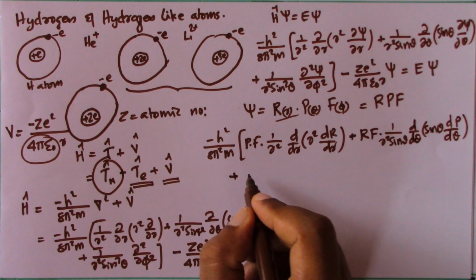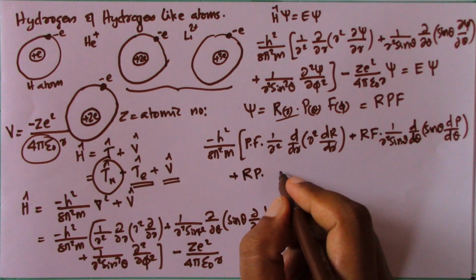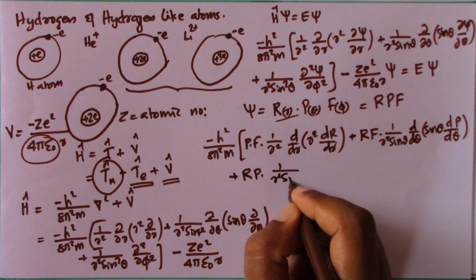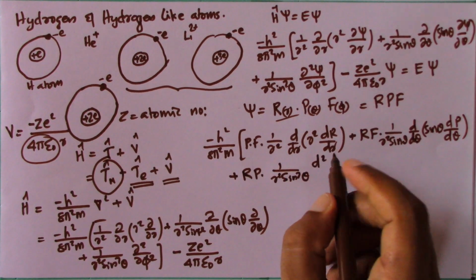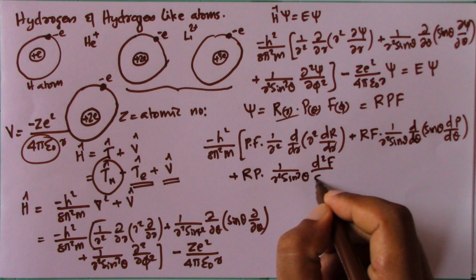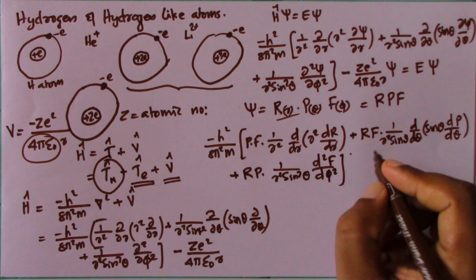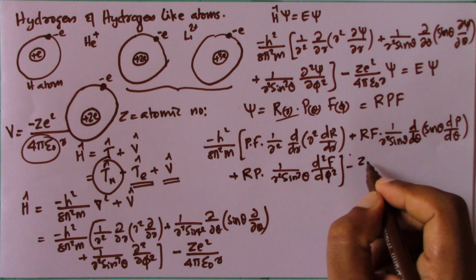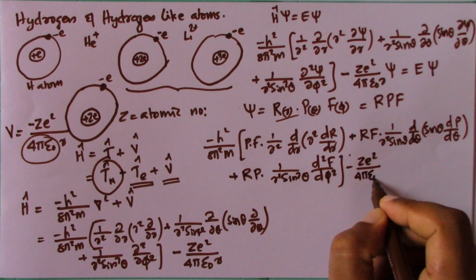So we can write R into P into 1 by r square sin square theta d square F divided by d phi square, okay, minus Z e square divided by 4 pi epsilon 0